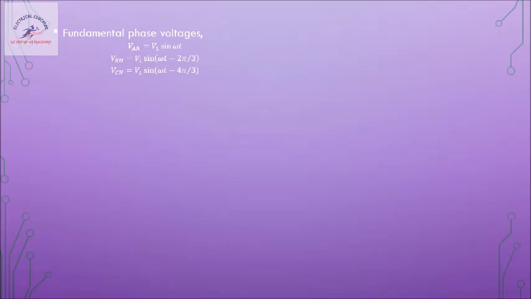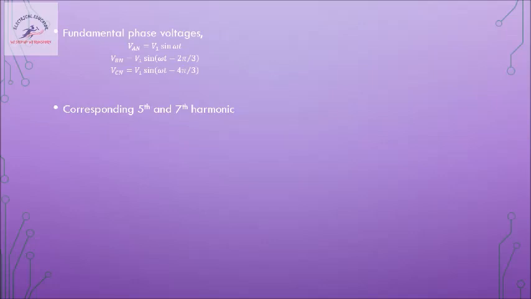Now the sequence A, B, C, which we are following here, is called a positive sequence. A is the reference, B is lagging by 120, C is lagging B by 120 and leading A by 120, or lagging A by 240 degrees. So these are our basic principles, and this is the basic equation which we have.